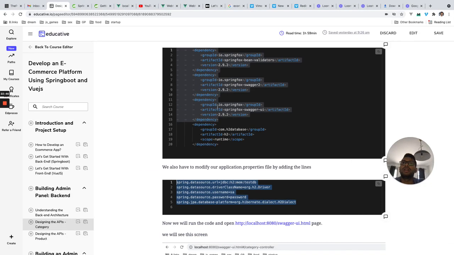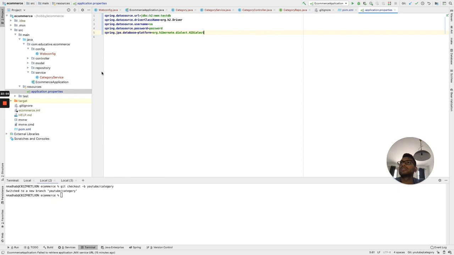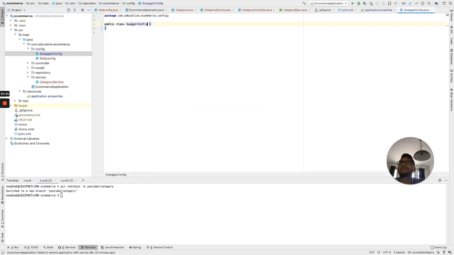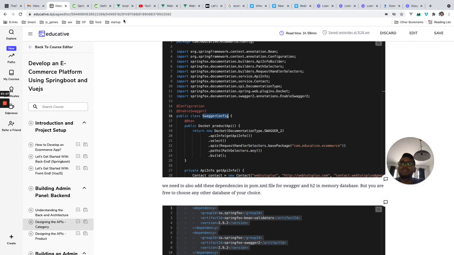Okay. And since we have used Swagger, we have to create a configuration file for Swagger. So let's go to the config folder, let's add a Java class, SwaggerConfig, and let's annotate it with Configuration.